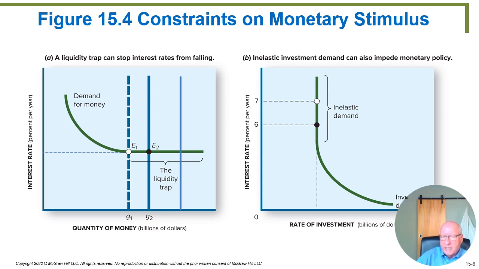Now let's take a look at some pictures. Now I got the graph I told you about earlier. In the first graph, we're going to be talking about a liquidity trap. Now you notice that for this part of the demand curve for money, it's downward sloping, meaning that if there was more money in the system, it would drive interest rates down. But take a look here. Once we get to this point here, E1, if we put more money in the system to E2, or even put this much money in the system, if the demand curve has gone horizontal, what does that mean?